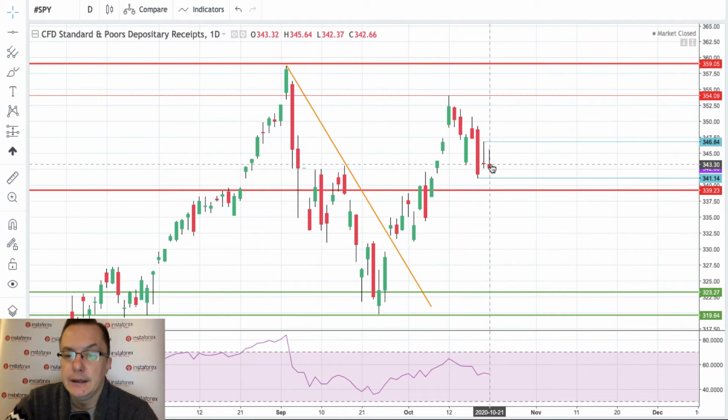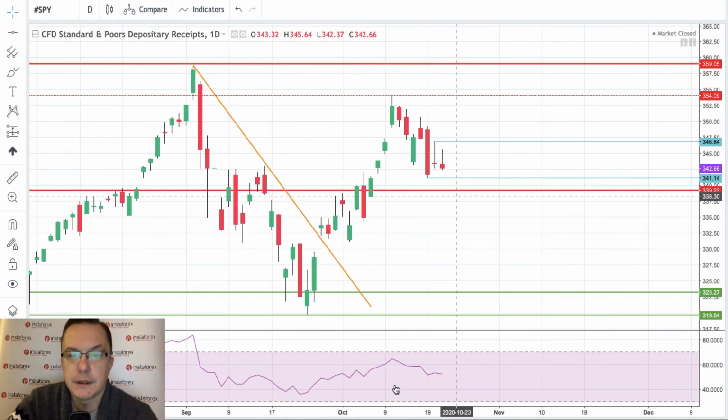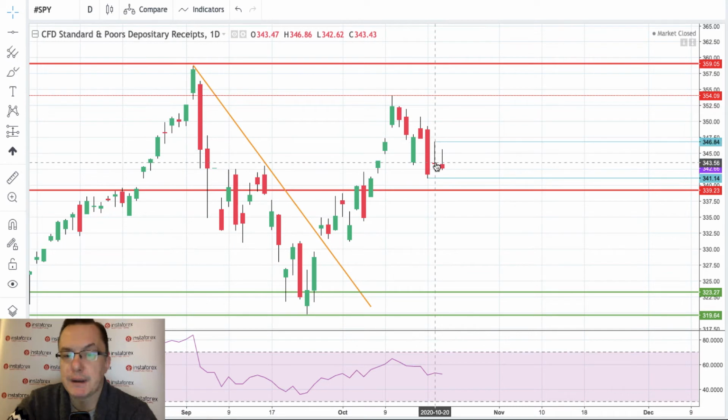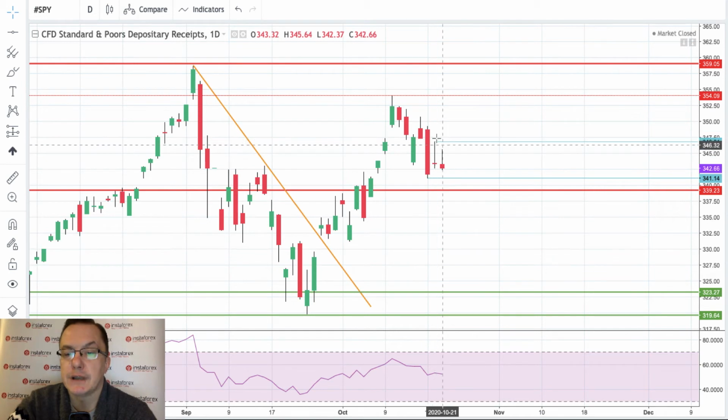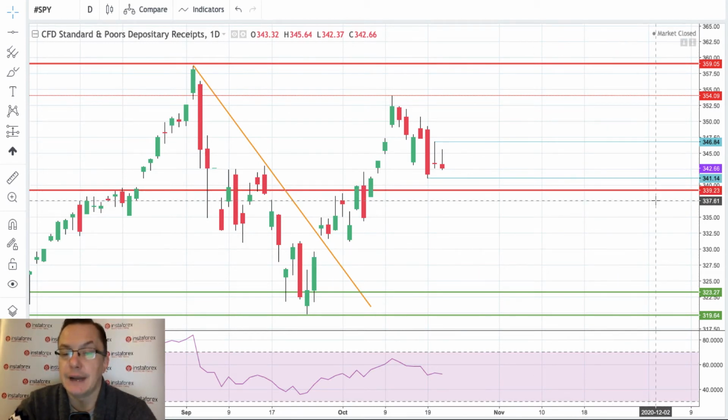As you can see, yesterday and 2 days ago, we got these huge spikes of the candlesticks from above. Let me just make it bigger. This is the upper shadows, upper spikes, and it's not good for the bulls at all, because the higher prices are being rejected. So the plan for today is to break below yesterday low 341.14 and head towards this technical resistance, old technical resistance. Now it will act as a support,